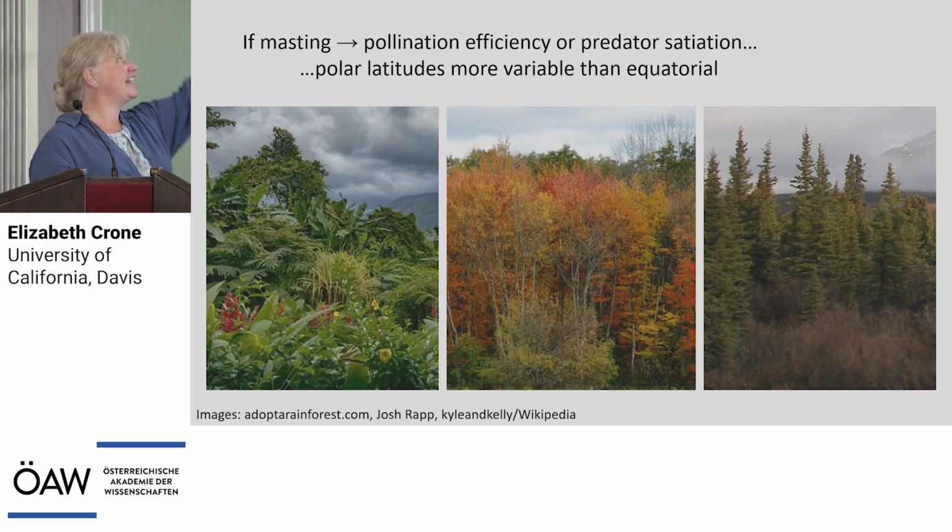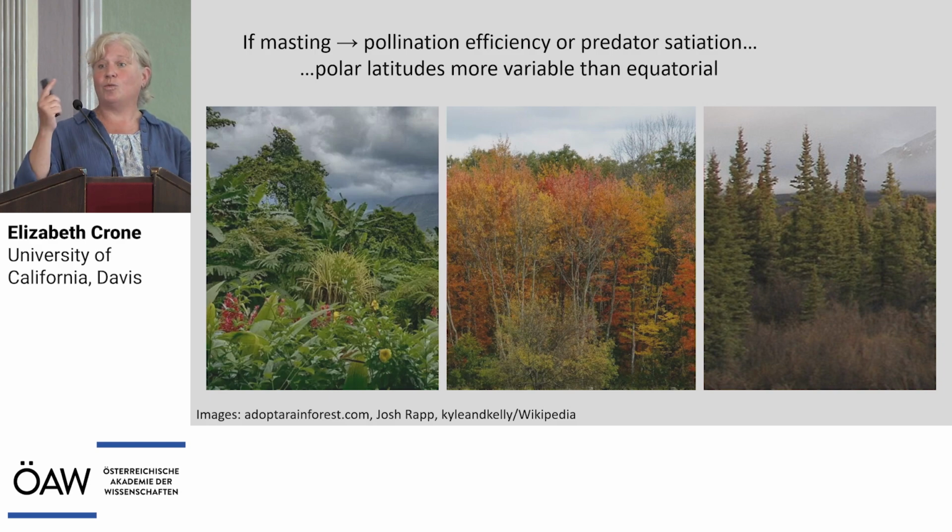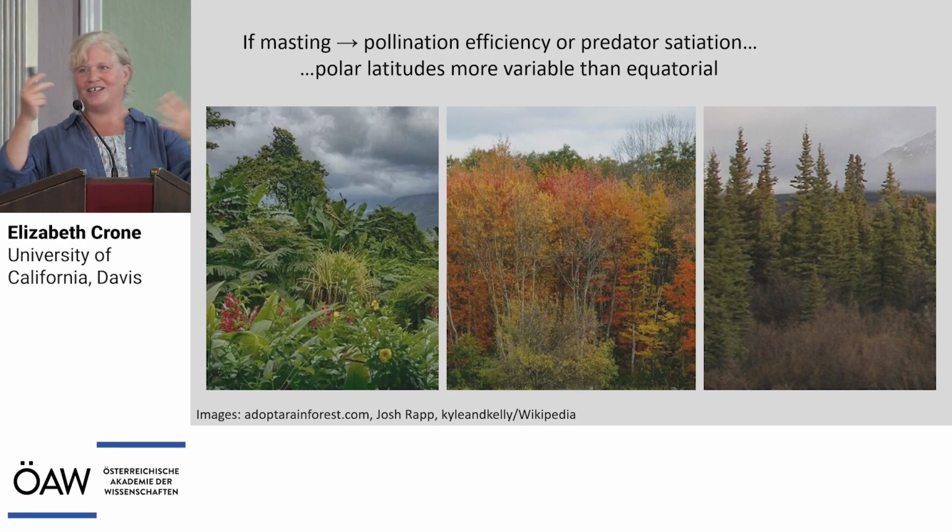And the reason for this is that in tropical forests that are warmer, you have a lot more animal pollinated species because it's often too humid for wind pollination to be effective. You also have a lot more frugivore dispersed species, I'm not really sure why, and you have higher diversity, which means that any one species benefits less from alternate bearing because there are other species in the community that could support